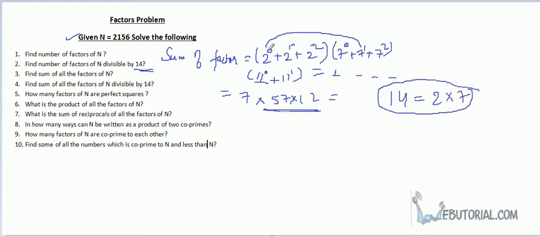So from the above expression, I'm just changing the color. From the above expression, you just have to remove this part, because this is not containing 2. This is 2 to the power 0, which is 1. So we remove this. We also remove this because this is also 1. Now look at the expansion of this term. If you expand this term, any term will contain at least 1 2 and at least 1 7. What does this say? This says that each of the terms which will be available now will be divisible by 14. So this is your answer.